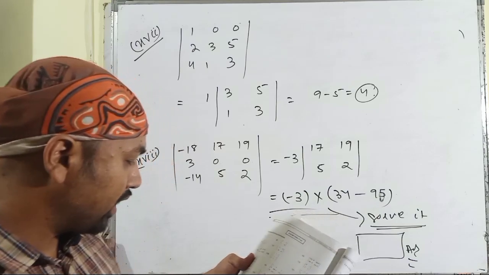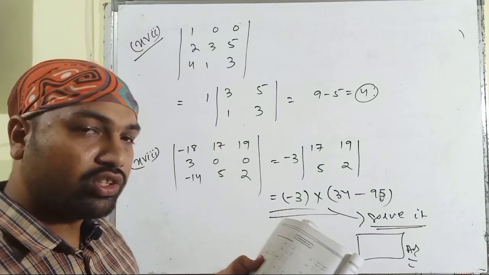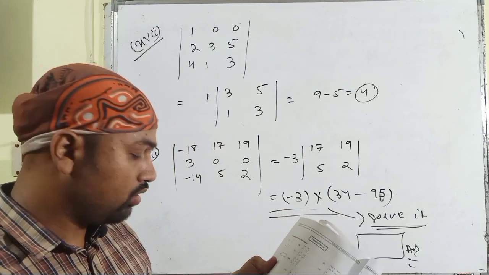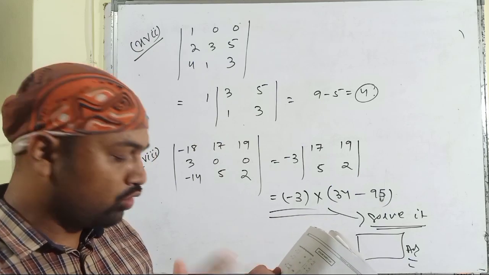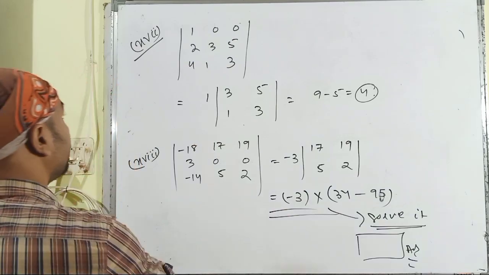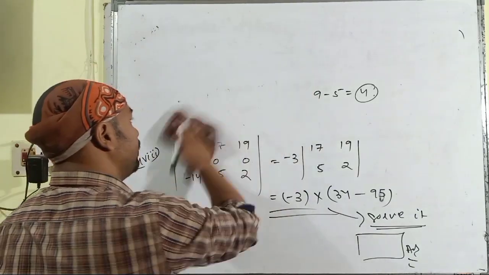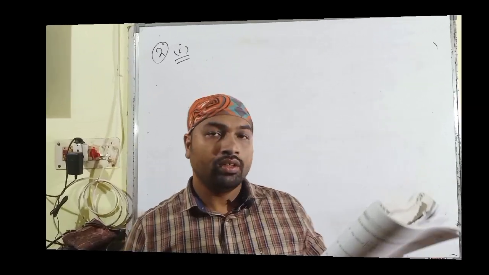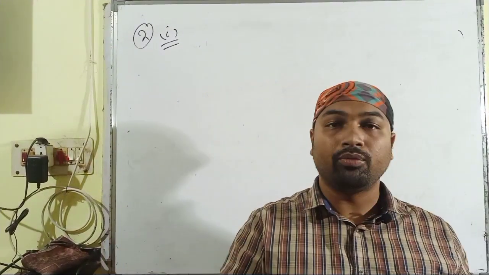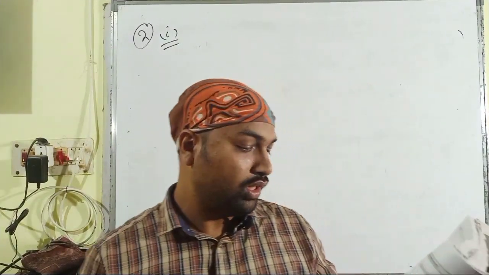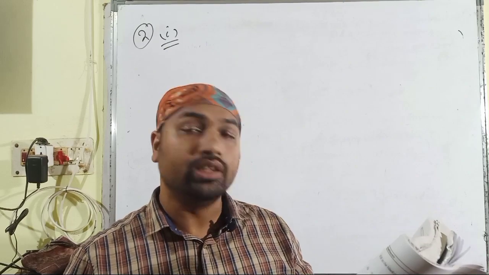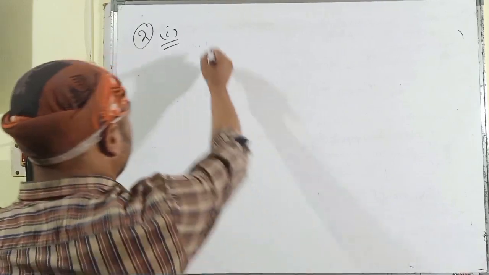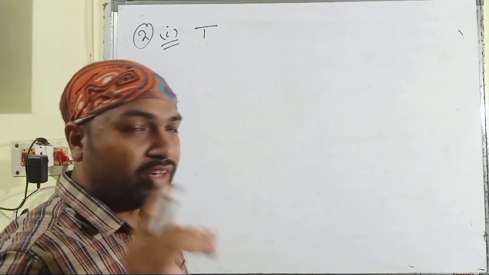Then moving towards the second question, these are the true false questions. You have to read the bits very carefully and then answer either true or false. So here is the second number question and we have to answer it either true or false. The first question is, if the first and second rows of a determinant are interchanged, then the sign of the determinant is changed. Okay, this is true and we have already discussed it in the properties of determinants.